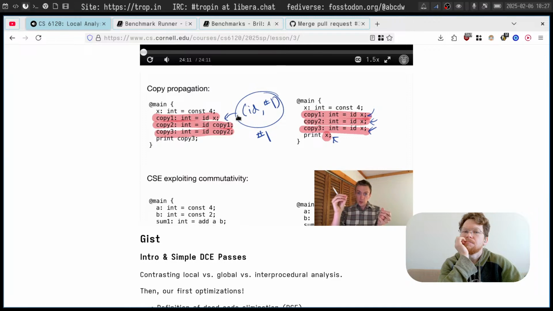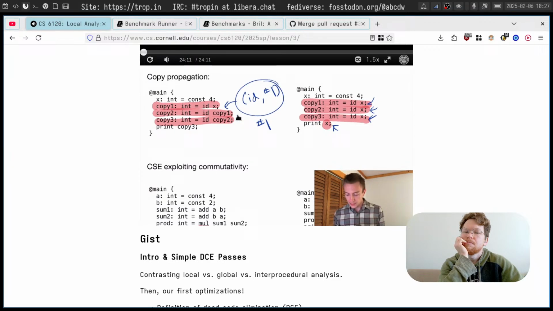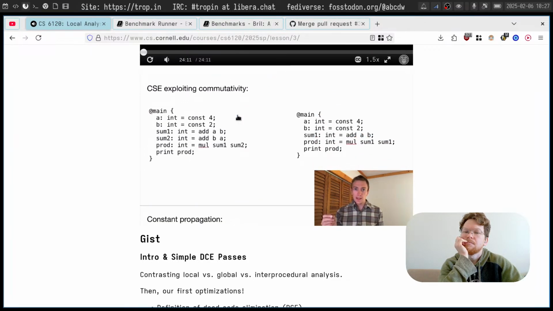So this is just a small local tweak that you can make to the LVN algorithm that introduces some awareness of the semantics of the Bril language, that makes a totally different kind of optimization happen more or less automatically. Next, let's look at a different form of optimization. This is going to be an enhancement of the common subexpression elimination behavior. As you know, add a b should be